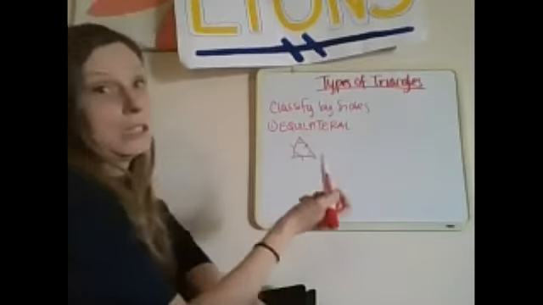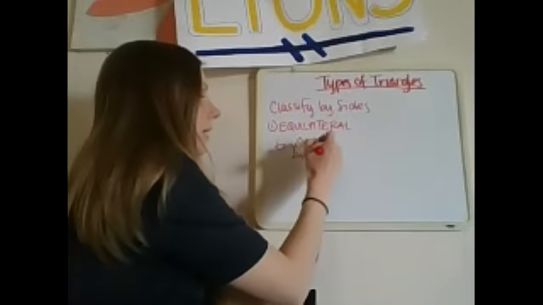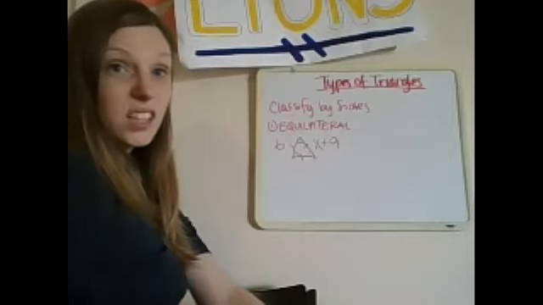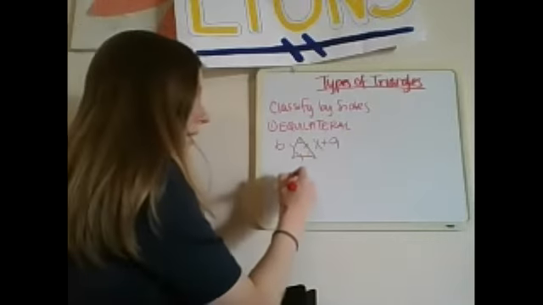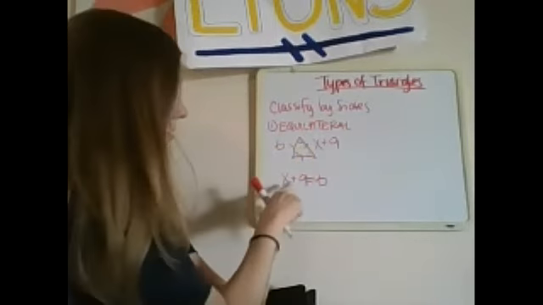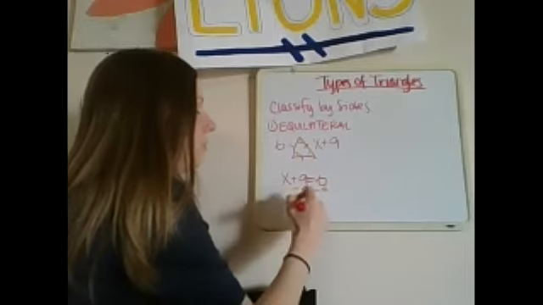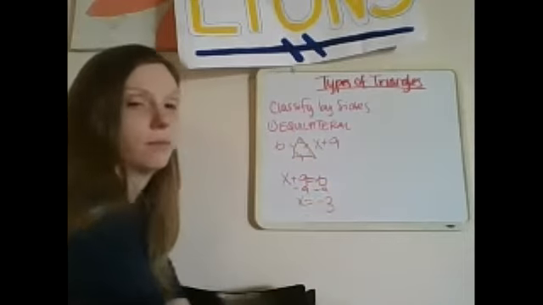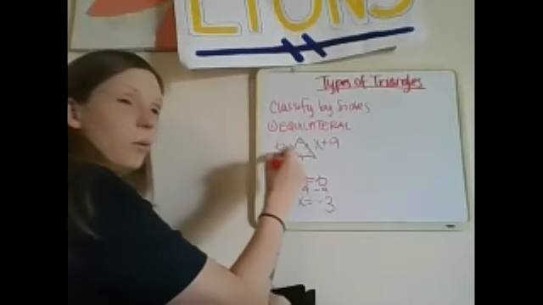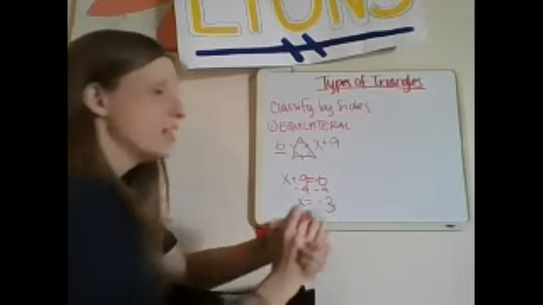So if I said, for instance, this side right here is 6, and this side over here is x plus 9, what's x equal? So you could say that x plus 9 equals 6 because you know those two sides are equal. And now you can solve this simple equation. If you subtract 9 on each side, x would equal -3. Remember, that's just x, that's not the side. Sides are all equal to 6. Okay, so that's the first kind. Second kind